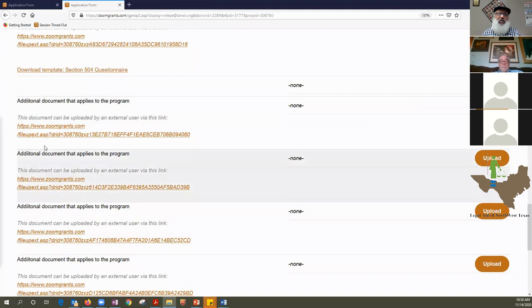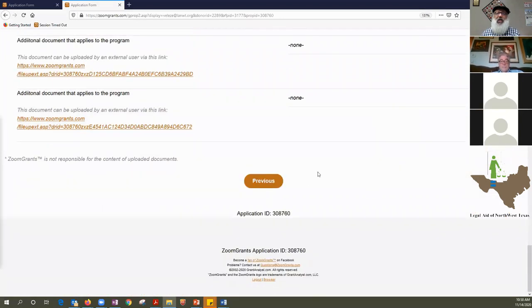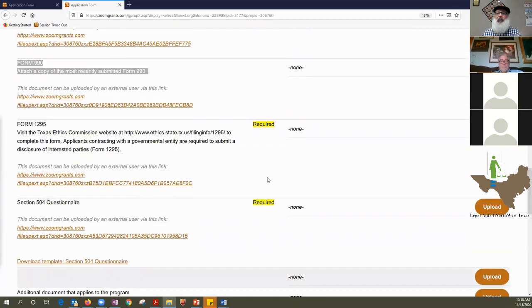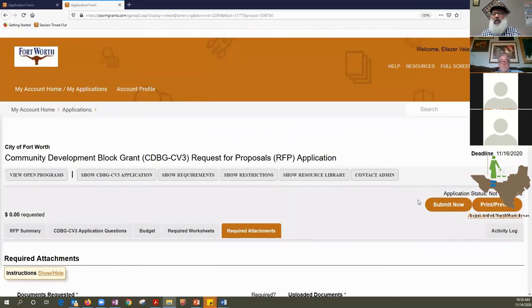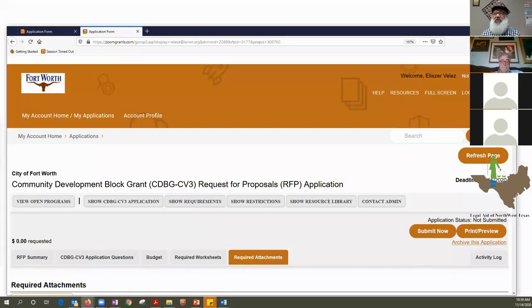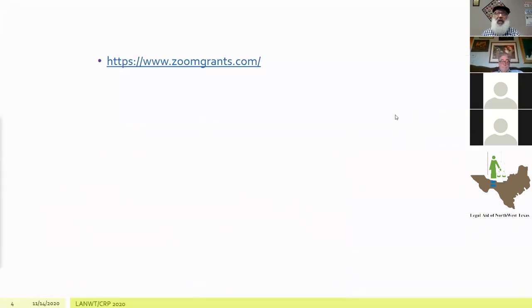They provide several of these additional documents, and you upload everything. Once you're done with that, it says previous. So here you can either submit it, we went through the whole application as you may have noticed, or print preview. I would always print preview, and then deal with submitting once I've had everybody check that everything looks good. And you can print the whole application